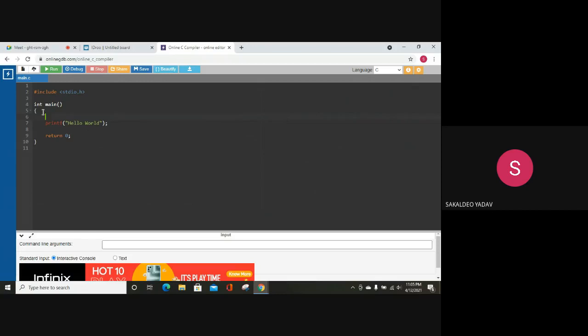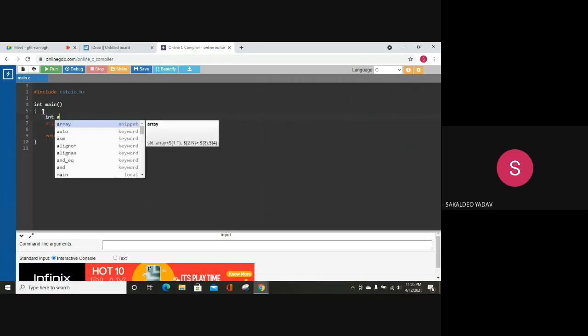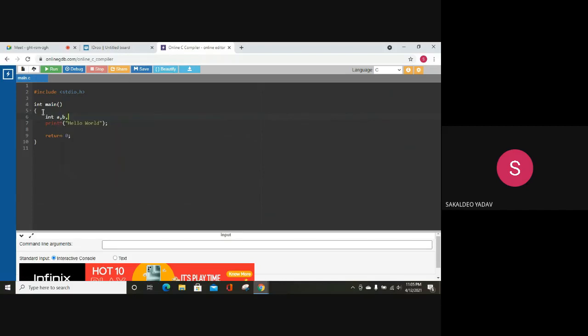I want to declare three variables: int a, b, and c. Through the user we will take the input, reading the values from the keyboard.